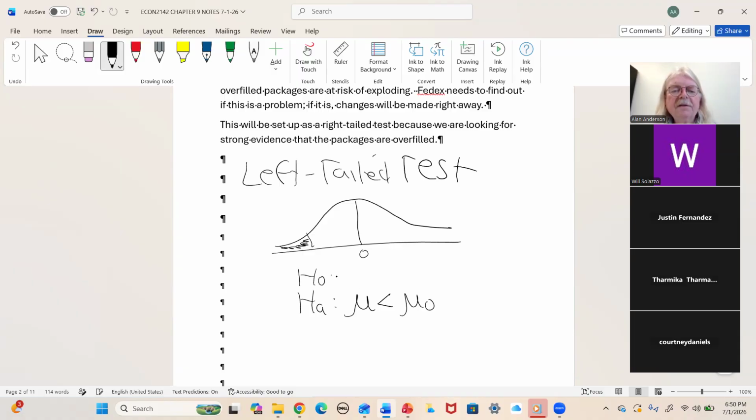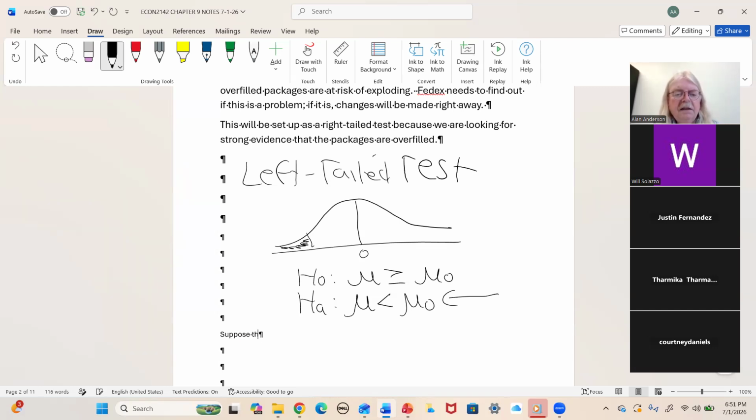Null is everything else. So basically what you should probably do when you set up these tests is choose the alternative first. I think you'll find that it's easier that way. And so here's a case where, let's say,